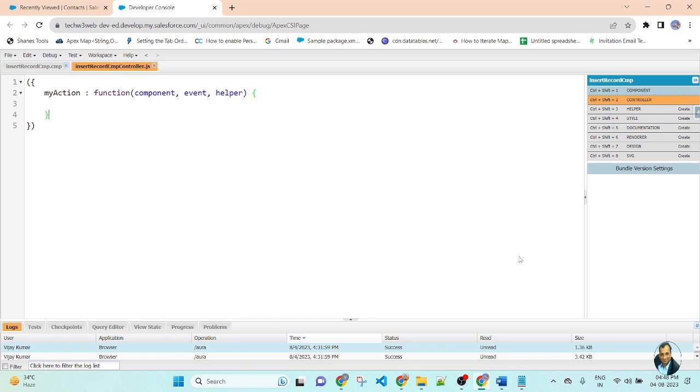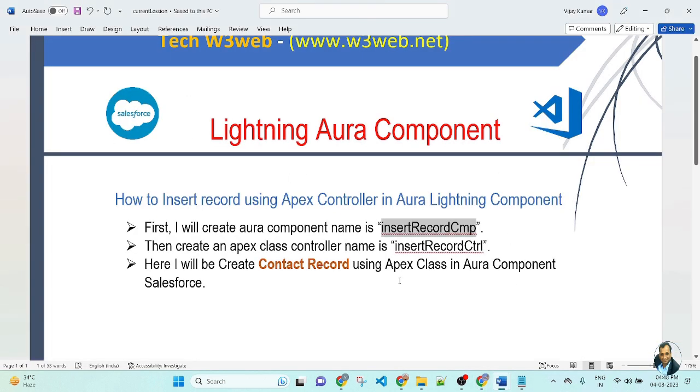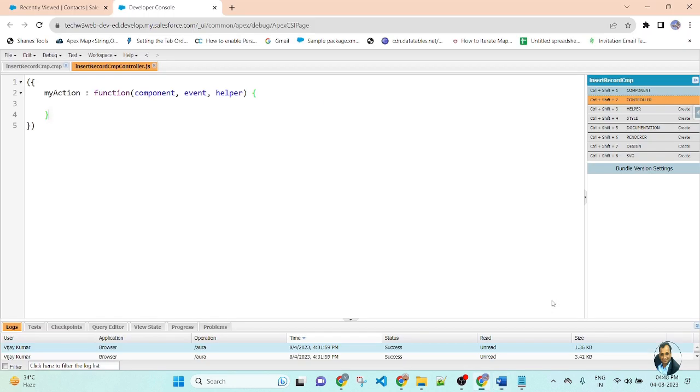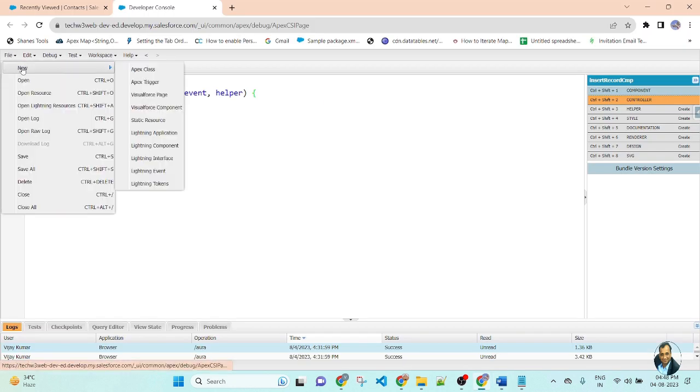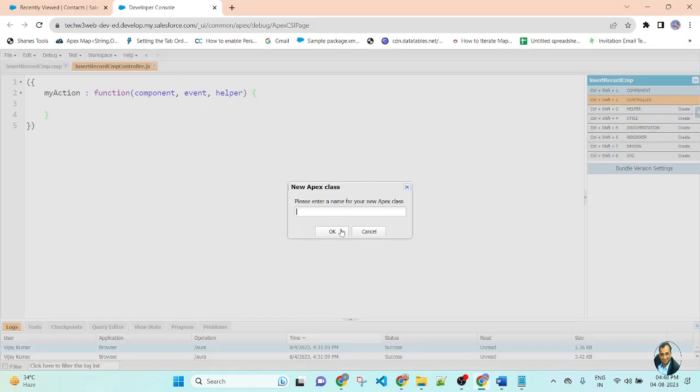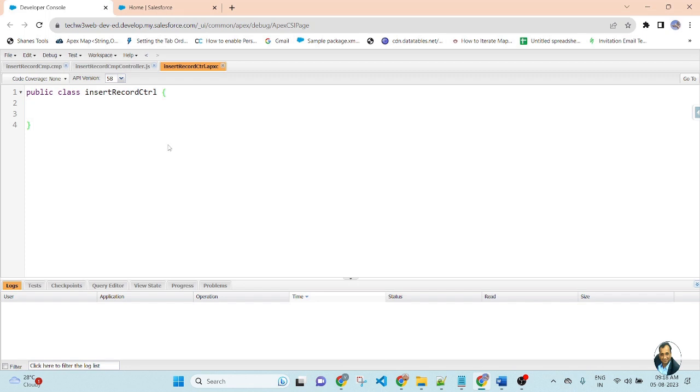Then I will create an Apex class controller. The Apex class controller name is insertRecordController. Go to File, New Apex Class, write the name of the Apex class and click OK. Here I created the Apex class controller.